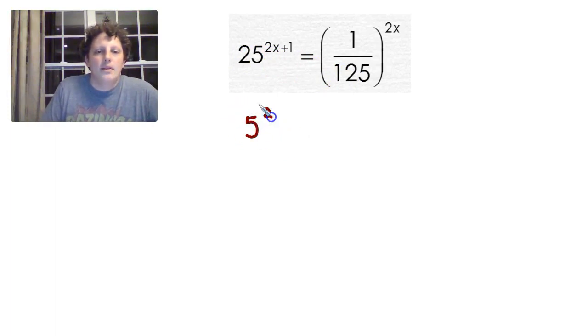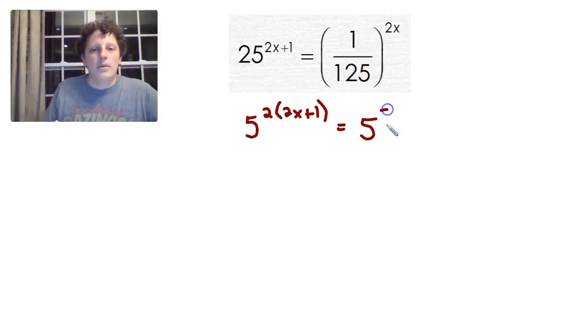5 squared is 25. Remember, whatever exponent is there, you put in parentheses, and it's going to become that 2 times 2x plus 1. So 5 squared gives us a 2 exponent. We're going to multiply by what's already there. On the right side, remember that in order to get a fraction, we need a negative exponent. And then we think 5 to what power is 125? And that happens to be 5 to the third power is 125. So 5 to the -3. Remember, there's already an exponent there. You put it in parentheses. Now you're good to go. Now we have